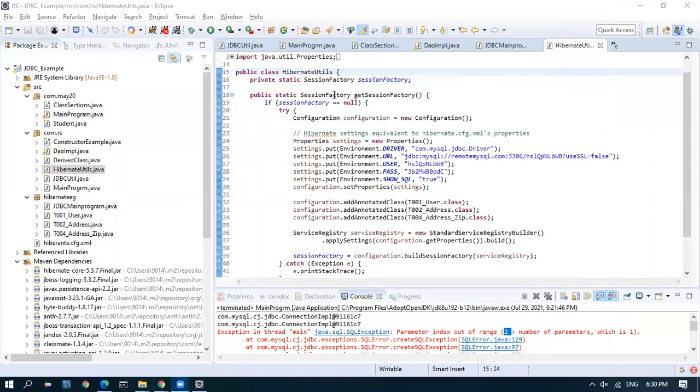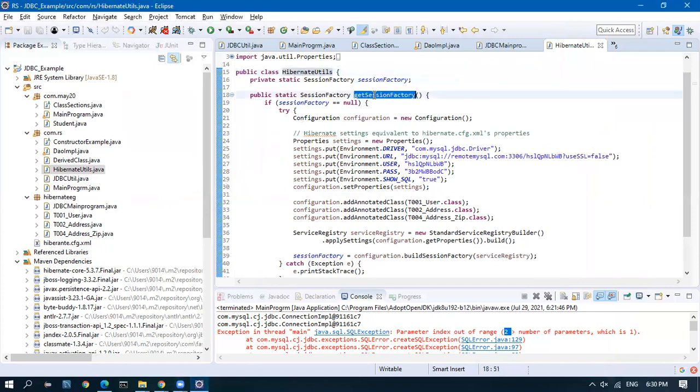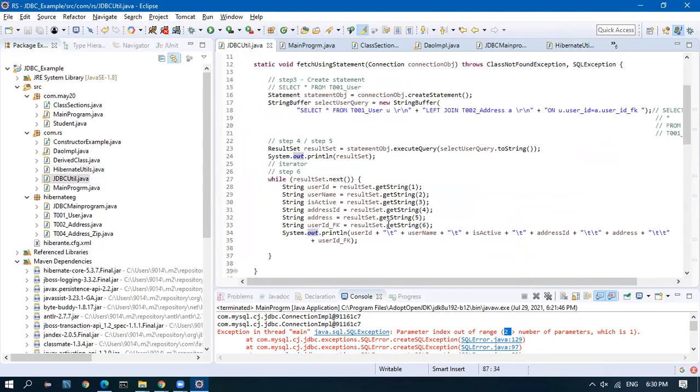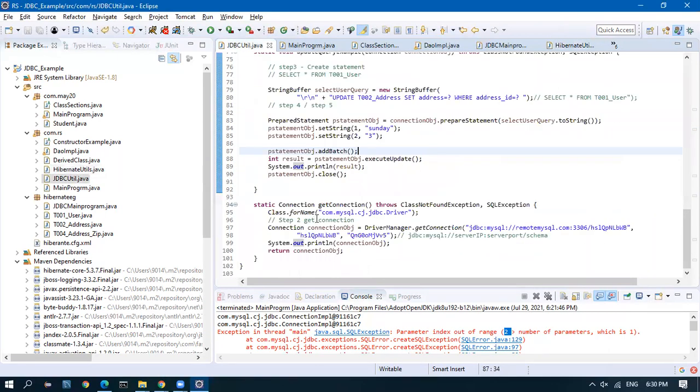Same like how we wrote a method for JDBC, I have a method for get session factory. So this is a syntax configuration. So properties, new property, these are all configuration. We have to give the driver class name, the driver class URL. We gave this in this one. Here we gave the same thing, driver class name.